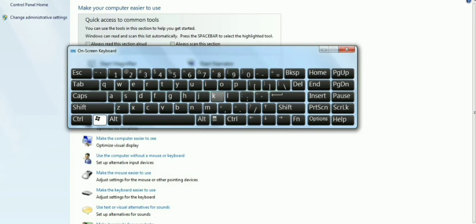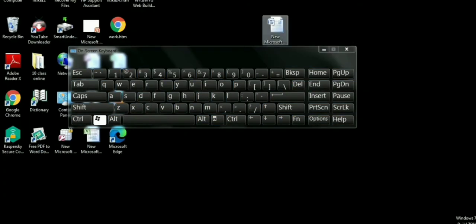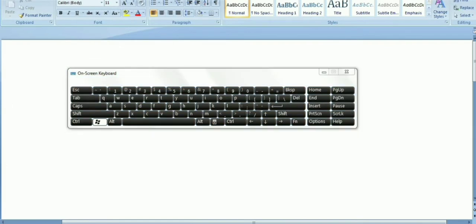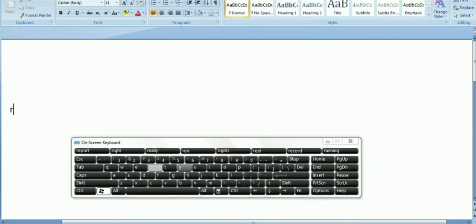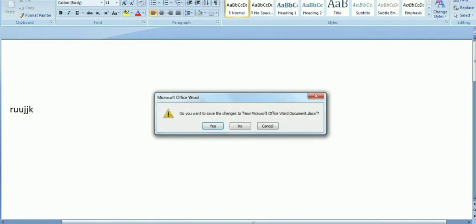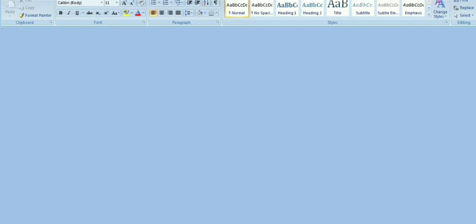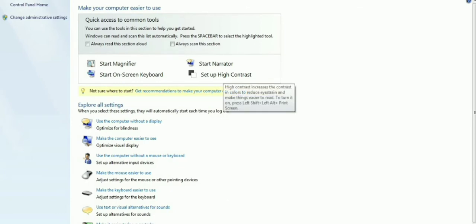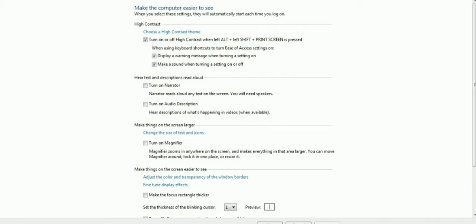Okay, you will open your Word document, and in that Word document you will start typing with the help of this on screen keyboard. From here you will write anything, you will check, it will work. So this is the function of on screen keyboard if any person is having the problem in typing from the keyboard. Next our topic is set up high contrast if any person is having visibility problem, some problem in seeing, eye strain problem is there. So from here you will select this thing, then you are able to set the high contrast.